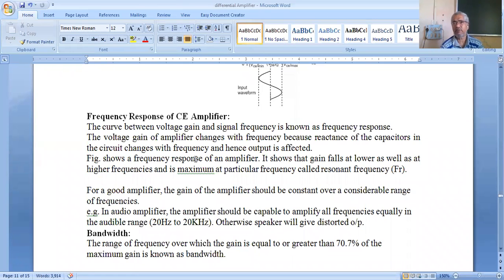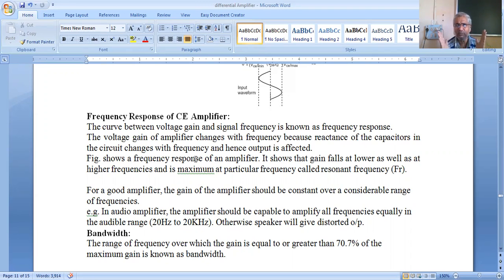So the audio frequency range is 20 Hz to 20 kilohertz, and if you are using the amplifier for audio frequency, then it must amplify the frequencies from 20 Hz to 20 kilohertz equally. But in many cases, the extreme frequencies, that is 20 Hz and 20 kilohertz, are not well amplified, and therefore the frequency response may be lower than expected because of the capacitive and inductive reactances in the circuit elements. So for a good amplifier, the gain of the amplifier should be constant over a considerable range of frequency,